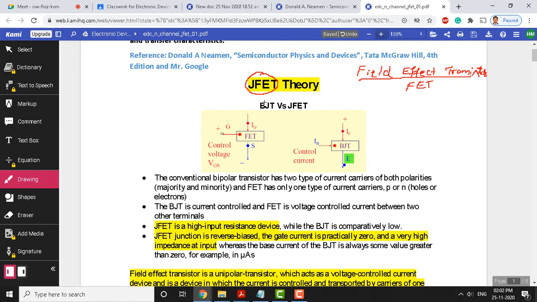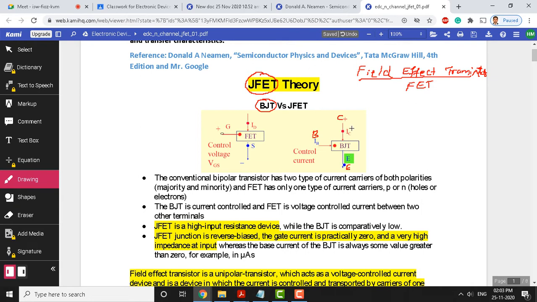To start with the JFET, let us have a comparison between BJT and JFET. Since you know BJT already, let us now start comparing JFET with BJT. From the working principle point of view, we can show the FET with this figure and BJT with this diagram. Let us see what we know already with BJT. BJT is a 3 terminal device. We have an emitter, collector, and a base terminal, and you can see various currents flowing in the bipolar junction transistor.